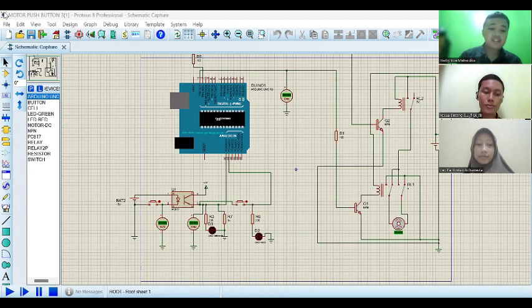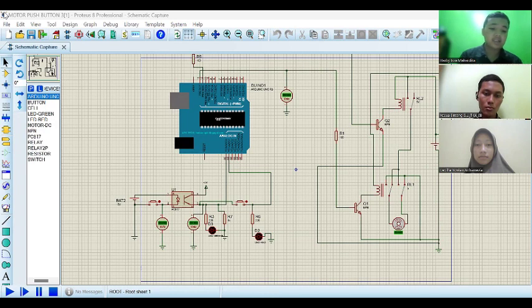Number 5, resistor. An electronic component used to reduce or regulate the flow of electric current flowing through a certain path in a circuit. Number 6, 24-volt battery as a voltage source. Number 7, optocoupler, stabilizer of the voltage issued from the power supply.